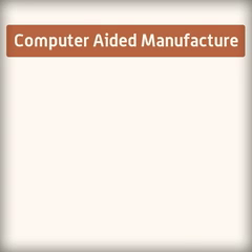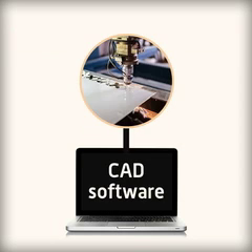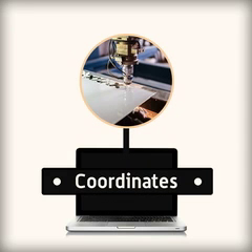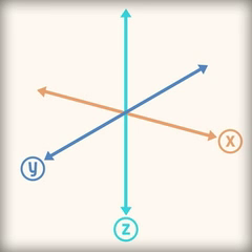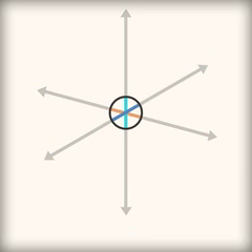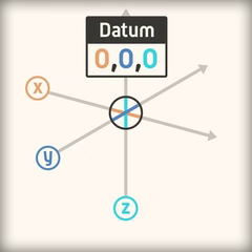Computer-aided manufacture is the making of the product using a computer. CAD software operates the CAM machinery by working out the coordinates of each point on the drawing. These are called the X, Y, Z coordinates. X is the left-right position, Y is the forwards-backwards, and Z is up-down. The point where they meet, X equals 0, Y equals 0, Z equals 0, or just 0, 0, 0, is